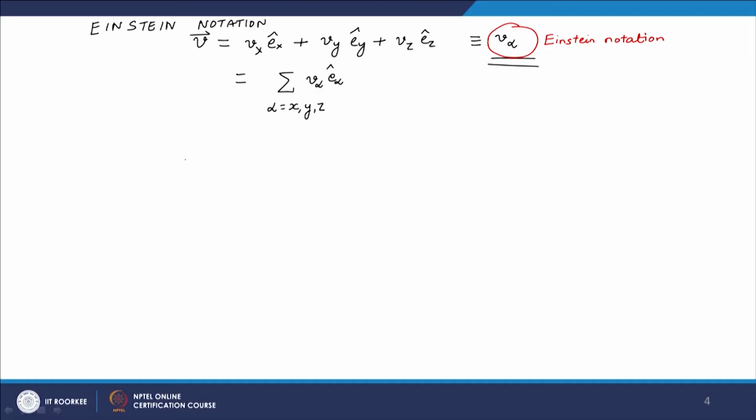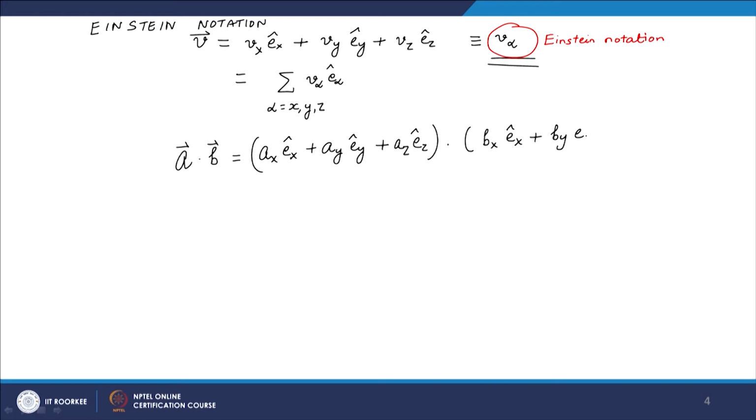Let us say, for example, I want to do A dot B. I can do it in complete vector notation, as I will decompose the A into 3 terms, and I will dot with the B decomposed in 3 terms,